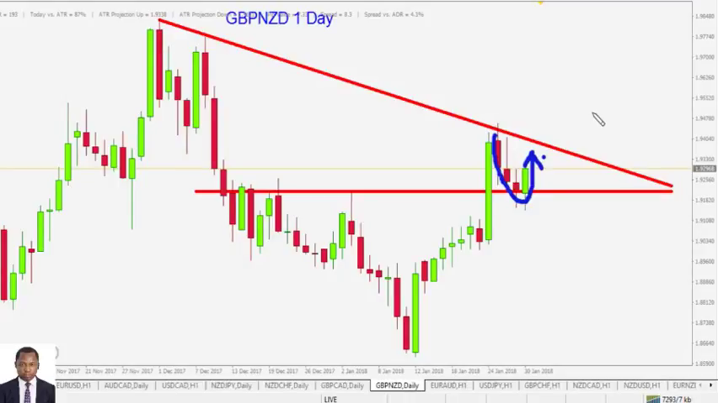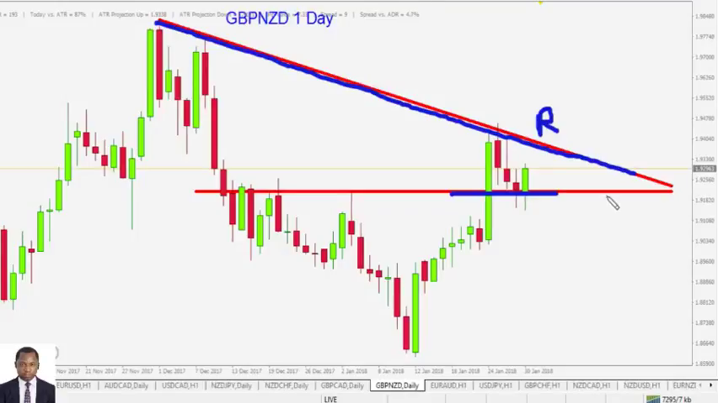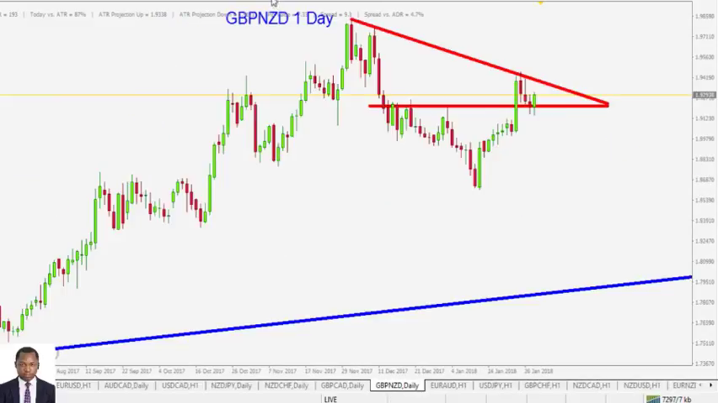The hint is not clear enough. There are also roadblocks, level of resistance, level of support. We will not be trading anything here. All right,